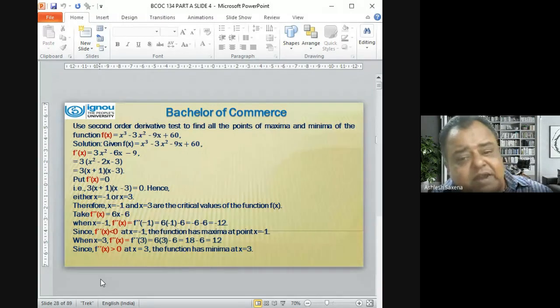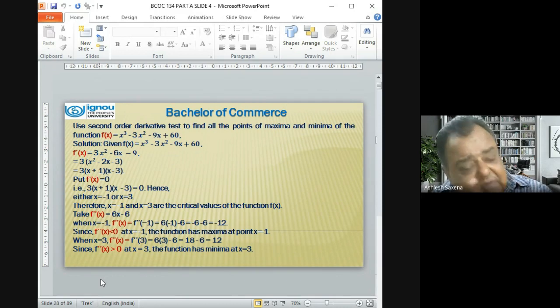Straight away put in the value x is equal to minus 1. When you put x equal to minus 1 in the second derivative, you get minus 12. That means the second derivative at x equal to minus 1 is negative. That will be a point of local